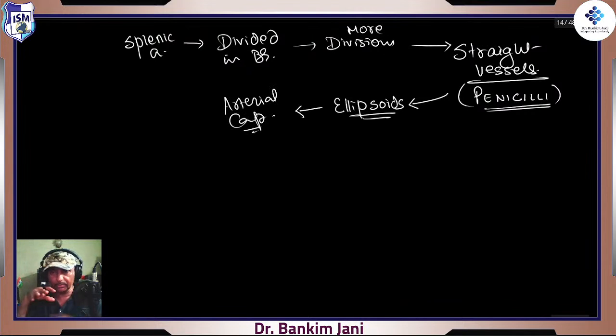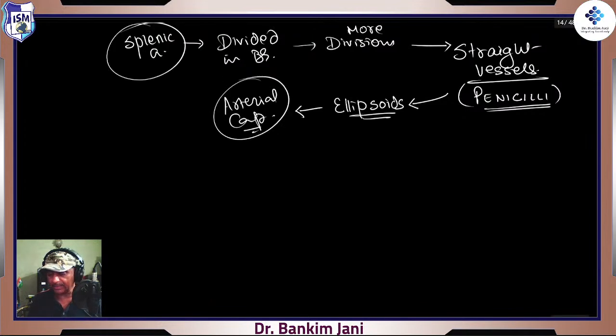So those straight vessels then form curved ones, and then finally they become those capillaries. But then what happens to those capillaries? That is where the theory of splenic circulation comes. In simple words, from spleen to artery, that's okay. These are the names, penicilli and ellipsoids, because of the architecture of the spleen, yes, they divide it like that. But now from this point onwards,